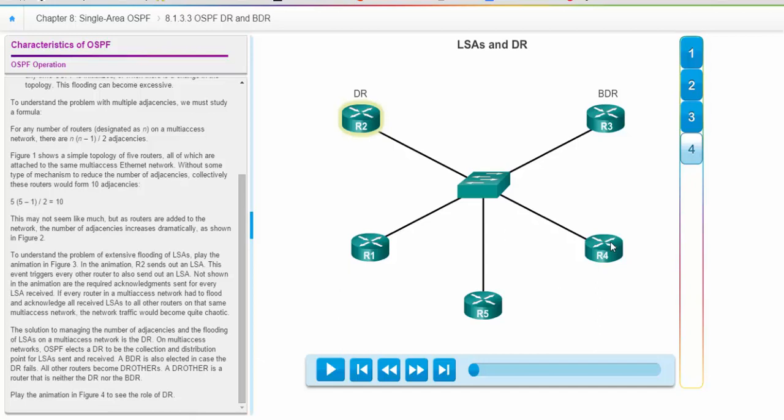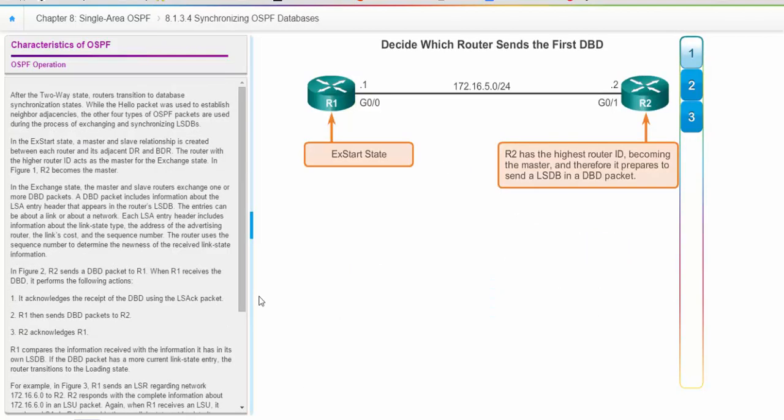Then you have your backup designated router. It's also elected in case the designated router fails. All other routers become DROthers, basically. A DROther is a router that is neither a designated router nor the backup designated router. So let's see how we go about deciding which router sends the first